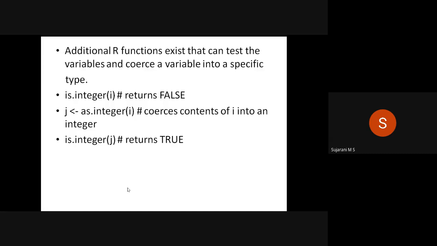This is assigned to the variable j: j equal to as.integer(i). It converts the double value of i into an integer. Then we can check the is.integer function of j. It returns TRUE. Clear?